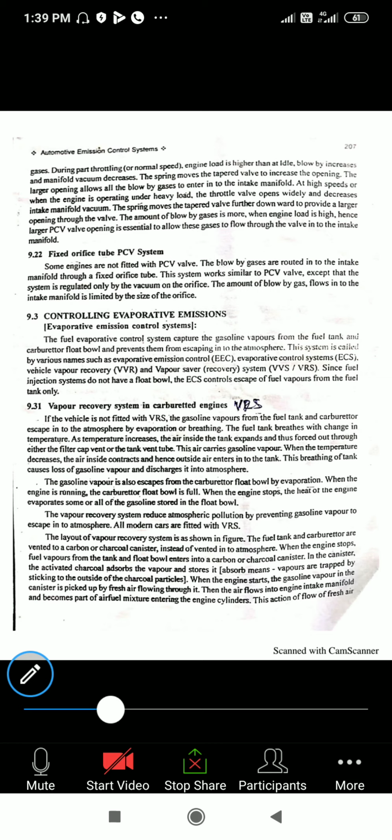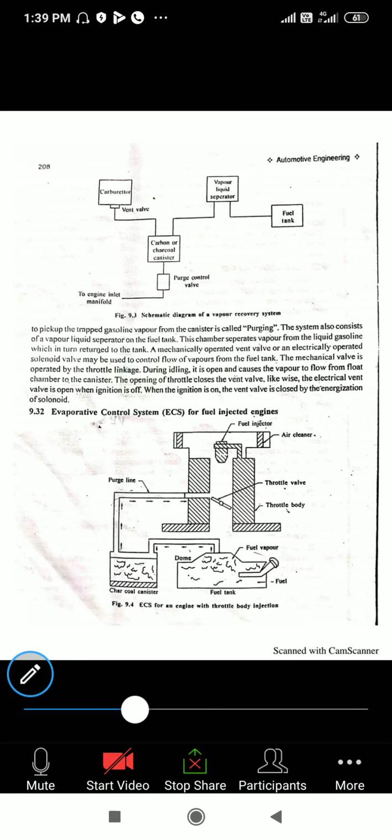The vapor recovery system is there in the carbureted engines. That is called VRS. That also we are going to study in this one. Then next, this is a systematic diagram of how the vapor recovery system works. So there is an engine